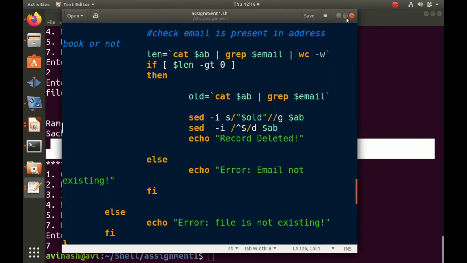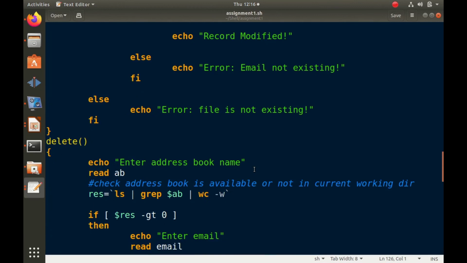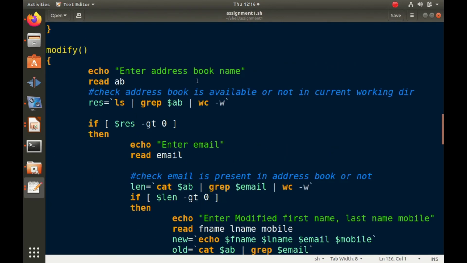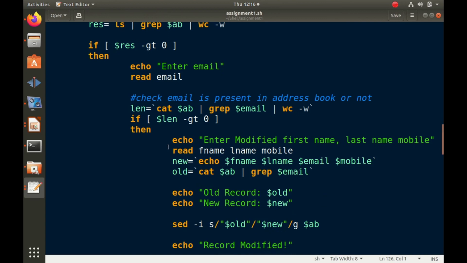Now let us check the program once more. Modify: ask the user to enter the database name. Then user will enter the address book name, and then ask the email to enter. Then check email is existing. If email is existing, then ask the modified data to be entered by the user.